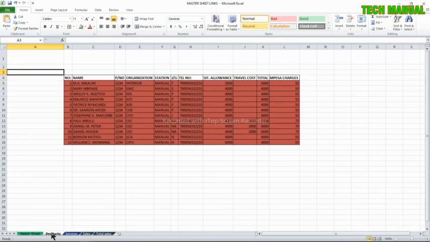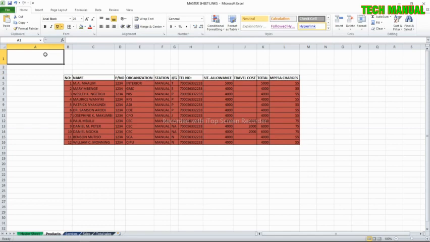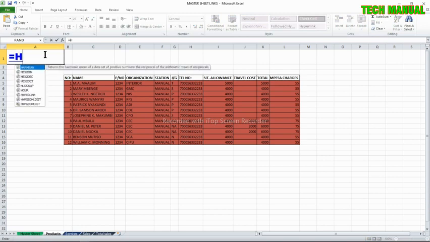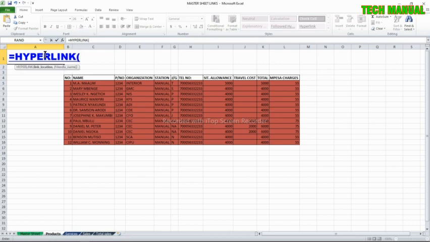So we go to the products sheet here. We're going to use the direct value formula to create a link to take us back to the master sheet. You always start every formula with an equal sign, then write the word HYPERLINK, open the brackets, then here we're going to start with a double quote, and then a hash,